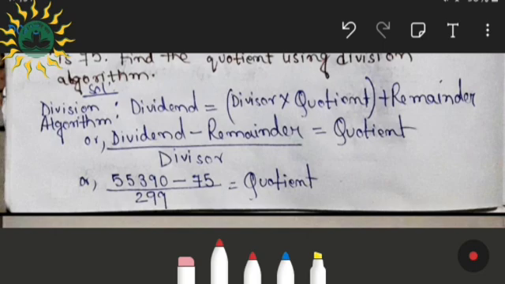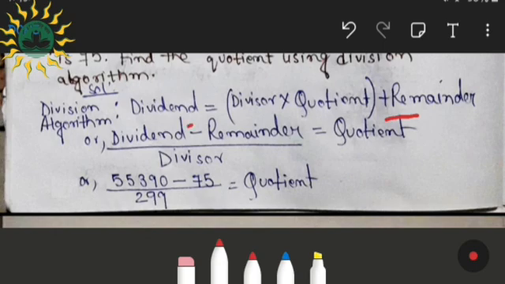Like dividend here, it will be as it is, but remainder on this side was plus. If we change the side, it will be minus, the opposite sign. When we change sides, the signs get opposite. So if plus, then minus; minus, plus; division becomes multiplication and multiplication becomes division. So here remainder was in plus, so if we change the side it will be minus.